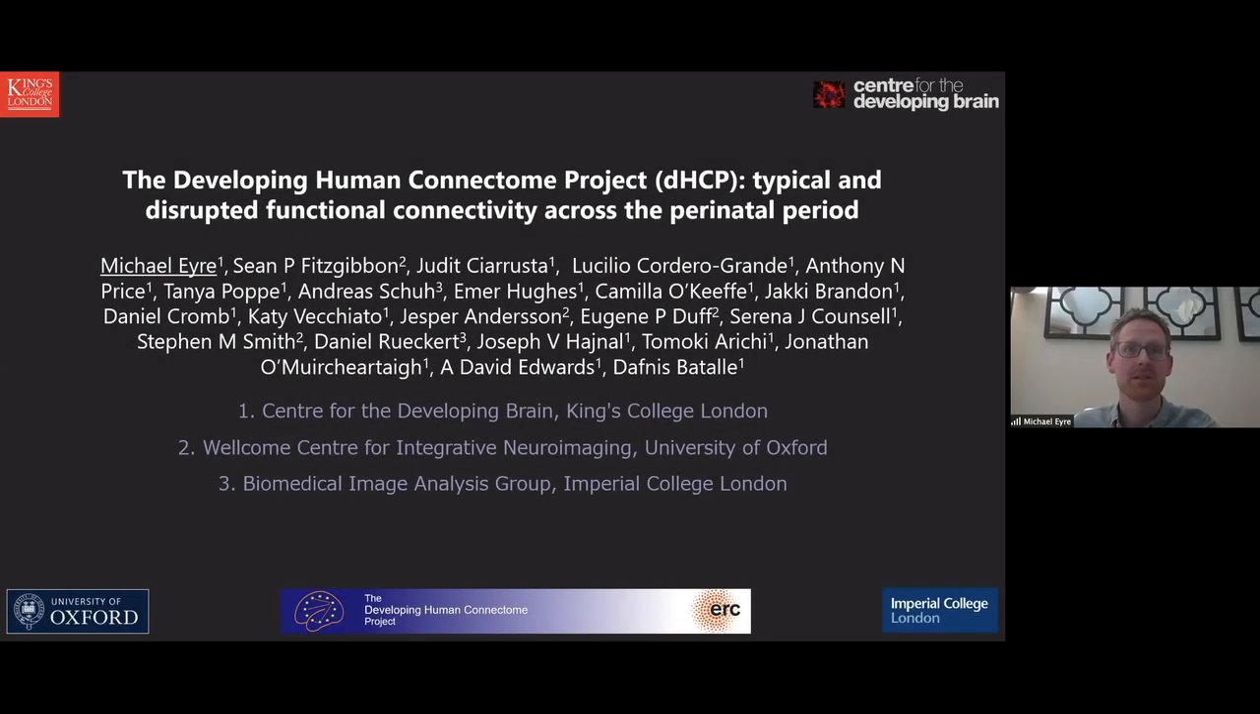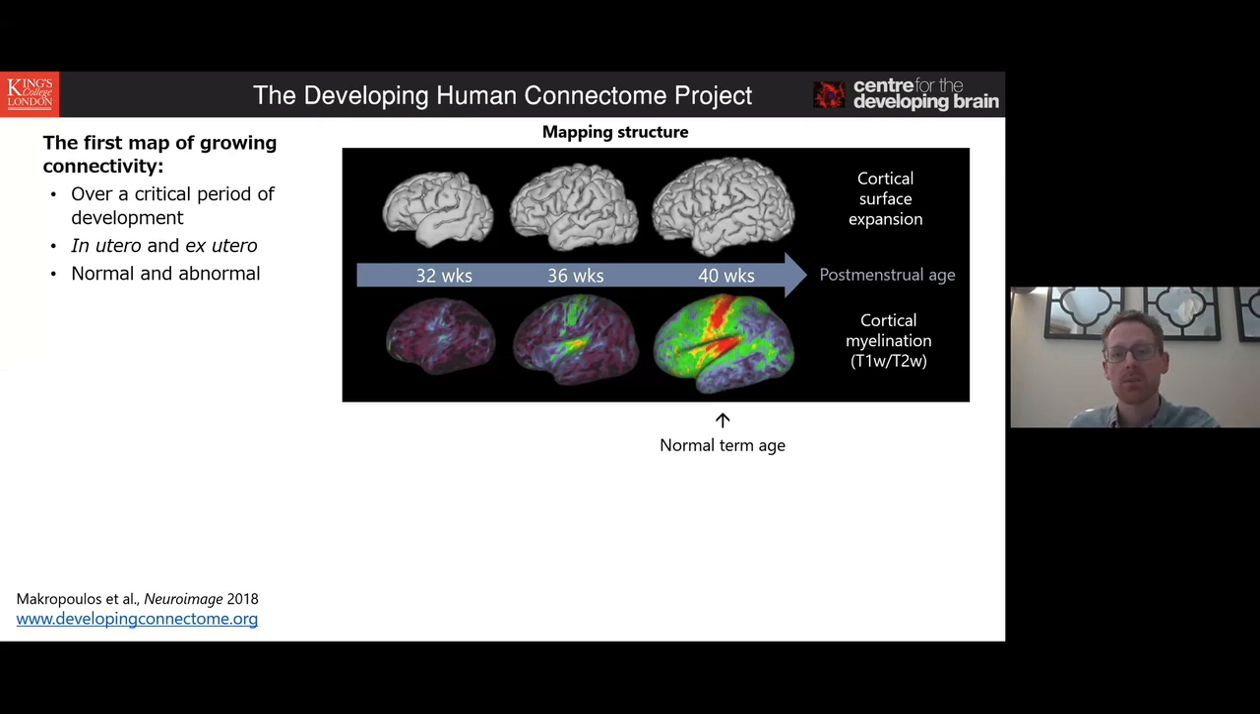Hello, thank you for the opportunity to speak today. I'm going to be presenting data from the Developing Human Connectome project on typical and disrupted functional connectivity across the perinatal period. The Developing Human Connectome project provides a large imaging data set of term and preterm born infants to